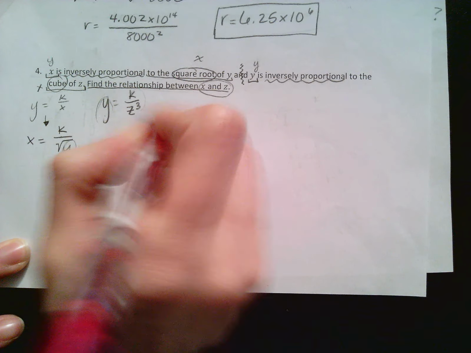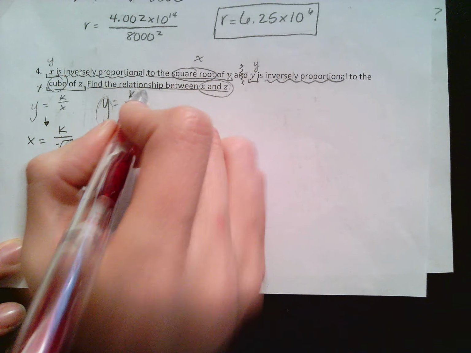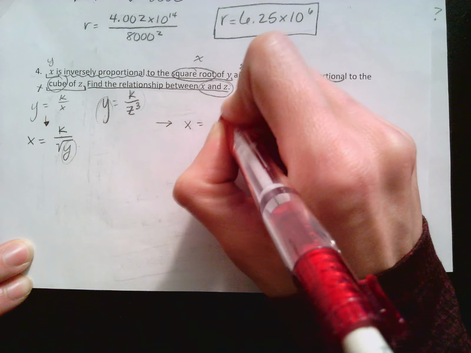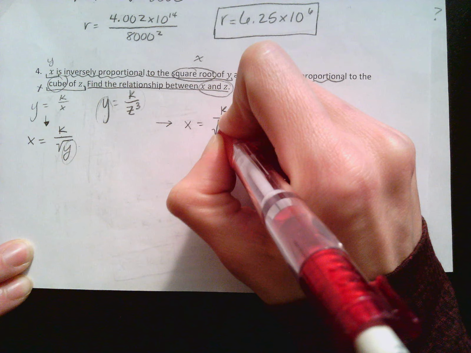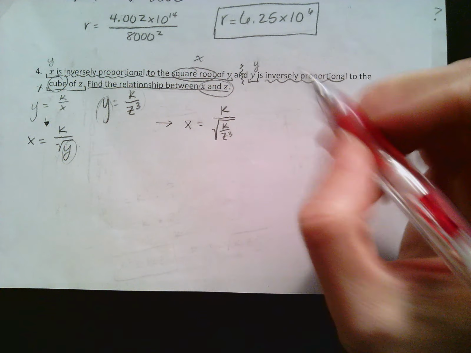So moving forward, knowing that I need to put x and z in the same equation in order to find a relationship between them, I'm going to do x equals k over the square root of k over z cubed. Now, you might look